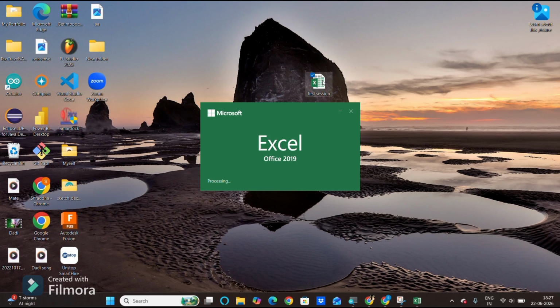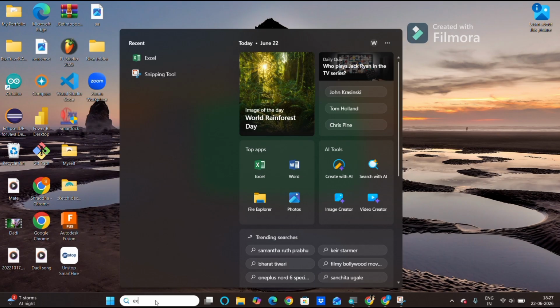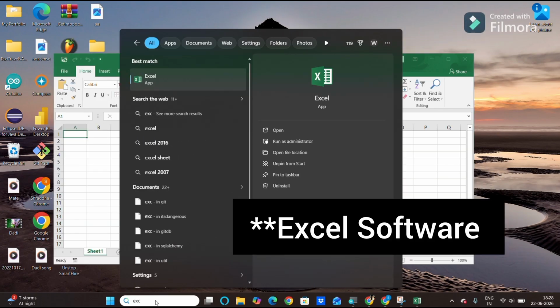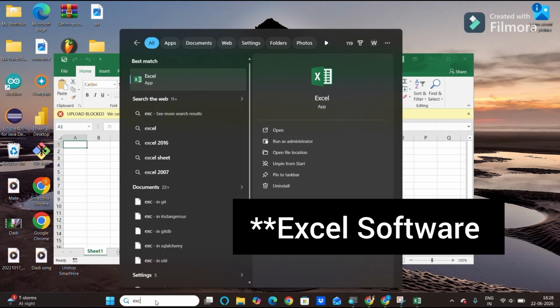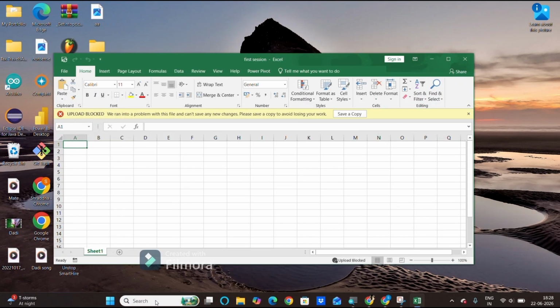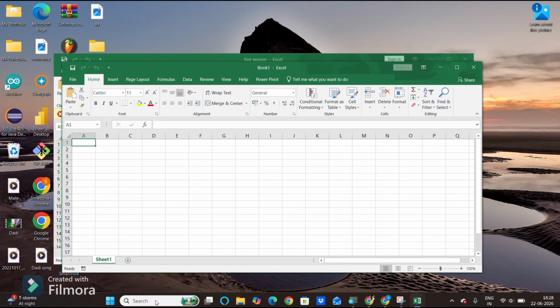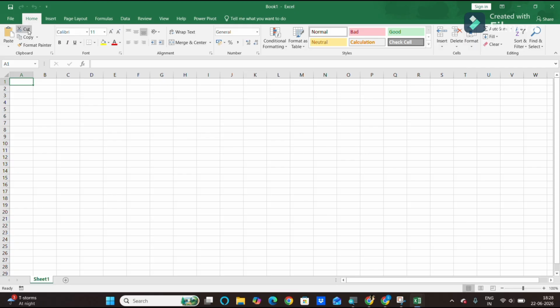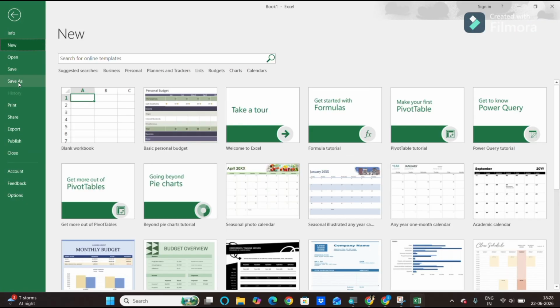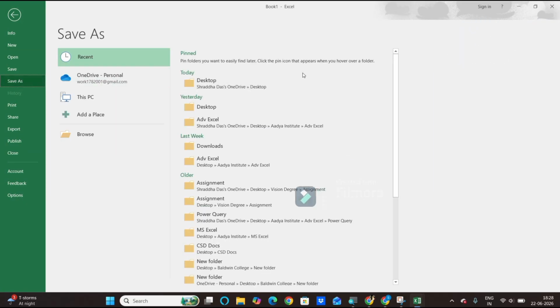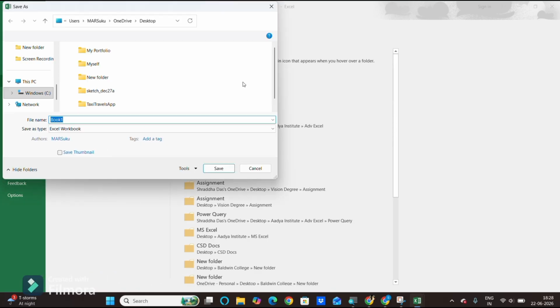Next, the other option is to go to your search bar in your desktop itself. There, just search for Excel. You will already have an Excel app because it is installed when you buy a laptop or a PC. So when you single click on that or press enter, again that will also open your workbook. When you open your workbook using the search bar, how to rename it? You can go to the file tab, go to the save as option, click on that and wherever you want, just select the location, the folder location, and rename your workbook and click on save.